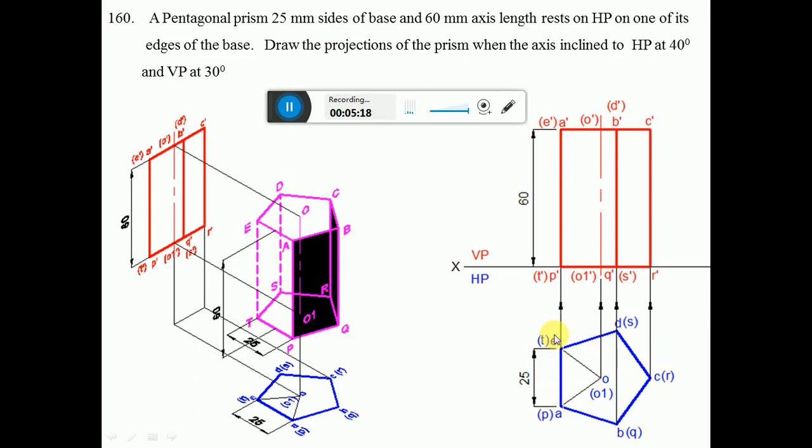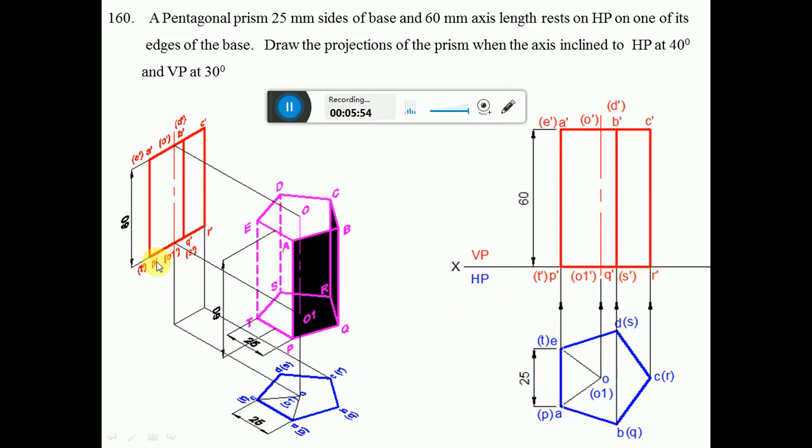Now we need to draw the front view. Since we need to draw the front view, draw the vertical projectors from each of the points, that is from P, T and also from Q, S and also from R to the XY line, because the base is the one which is going to be on the XY line. When you look from the front view, P, Q, R is near to the observer, so P dash, Q dash, R dash is visible, and S and T are away from the observer, so S dash and T dash become invisible. So you dark this line.